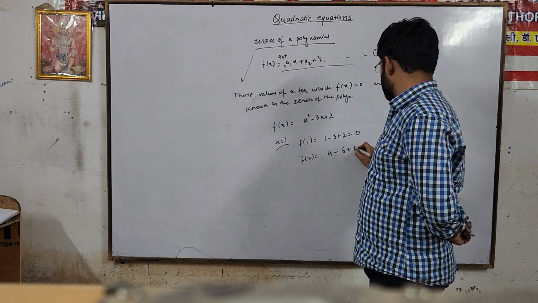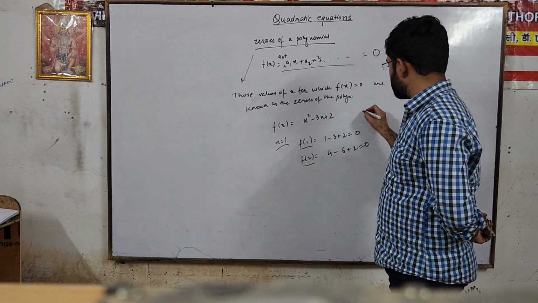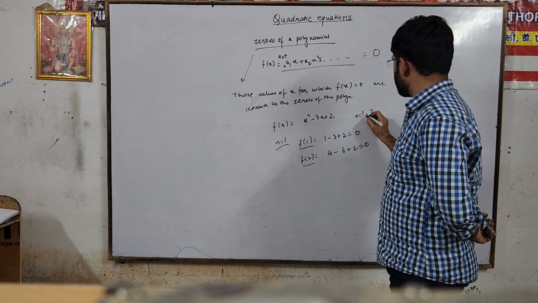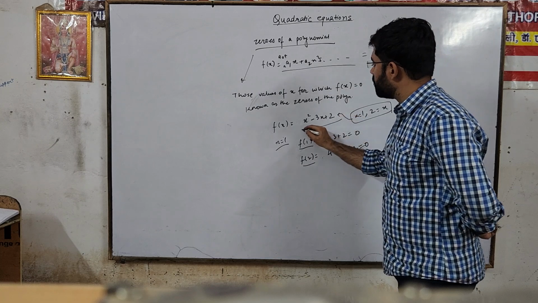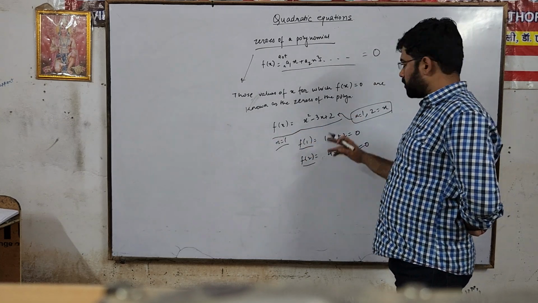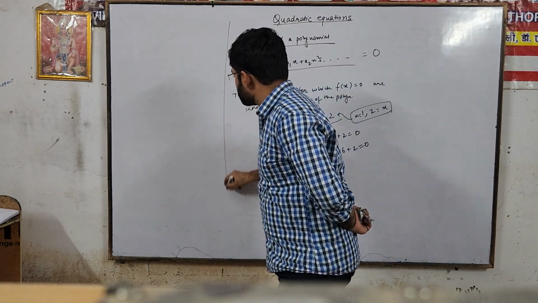4 minus 6 plus 2, which is also equal to 0. So these two values, x is equal to 1 and x is equal to 2, are the zeros of this expression or this polynomial. Okay? Now, a polynomial has a property